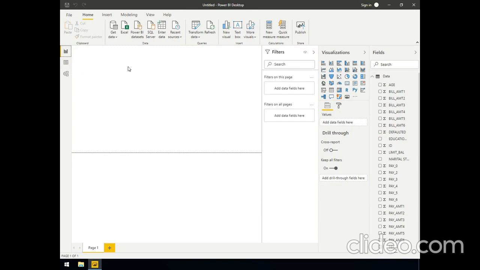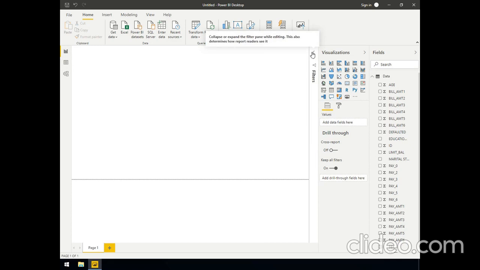Now, in order to create a bit more space on my screen, I will get rid of the filter tab, but we will keep the fields and visualizations as is for now, and we are not going to collapse them. Now, to get started with visualizing any of the columns, all you have to do is simply select it. So, for example, you just want to see how many people have defaulted. So, just select that,